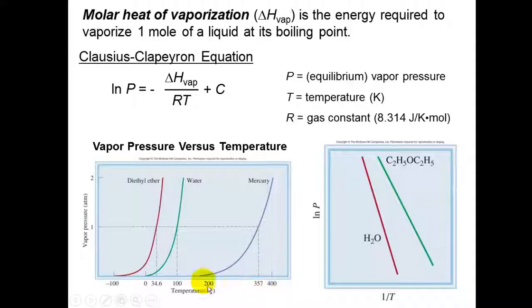357 degrees C. And at 34.6 degrees C, diethyl ether exerts a vapor pressure of 1 atmosphere, so the normal boiling point of diethyl ether is 34.6 degrees. So the normal boiling point is the temperature at which these substances exert a vapor pressure of 1 atmosphere, and at 1 atmosphere it's called a normal boiling point. We can do the same thing for the melting point, and that's called the normal melting